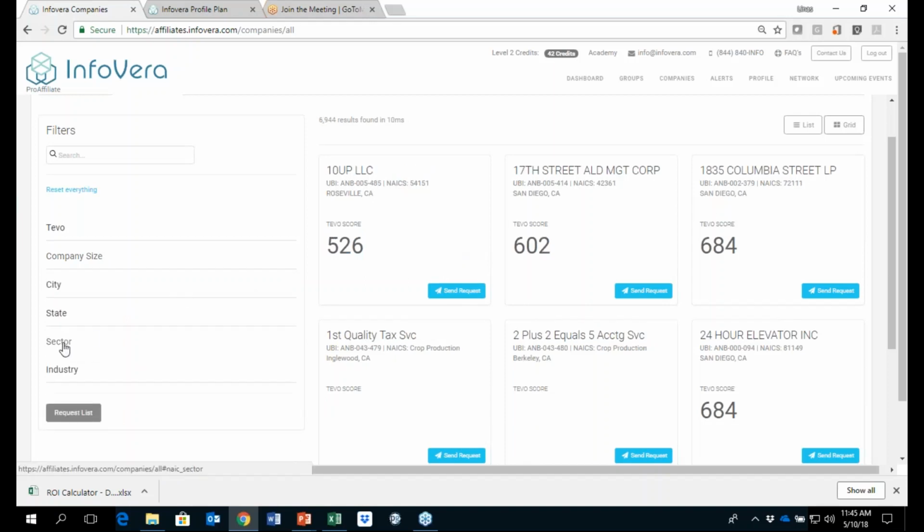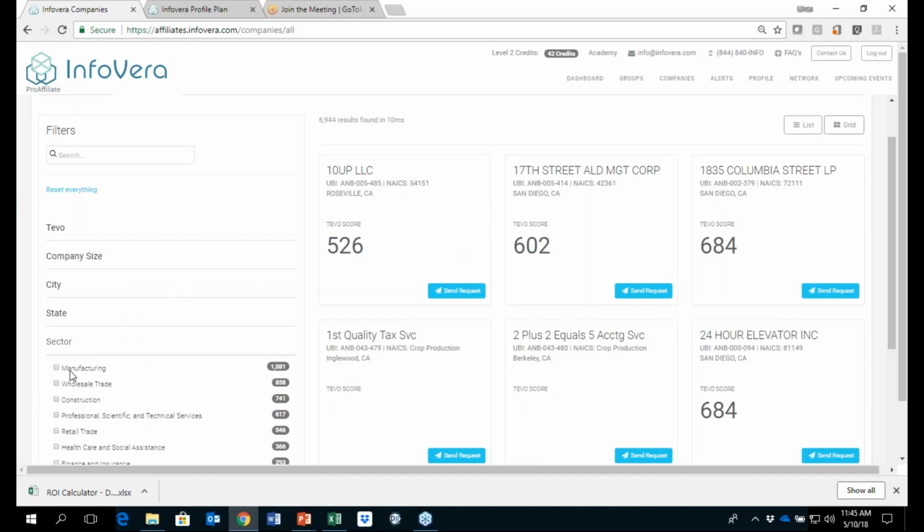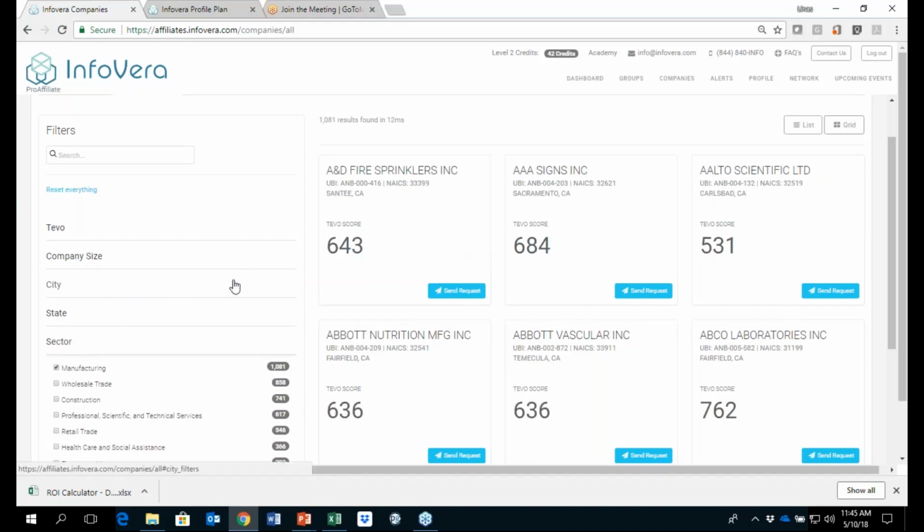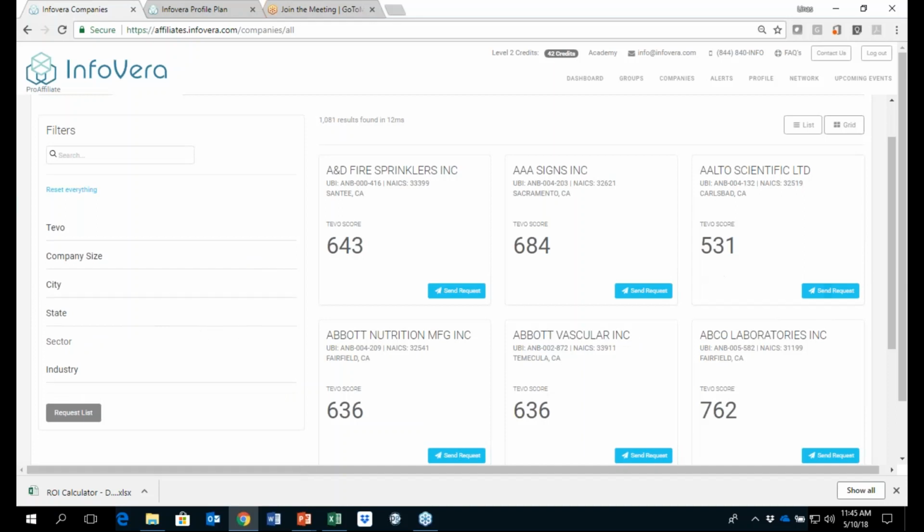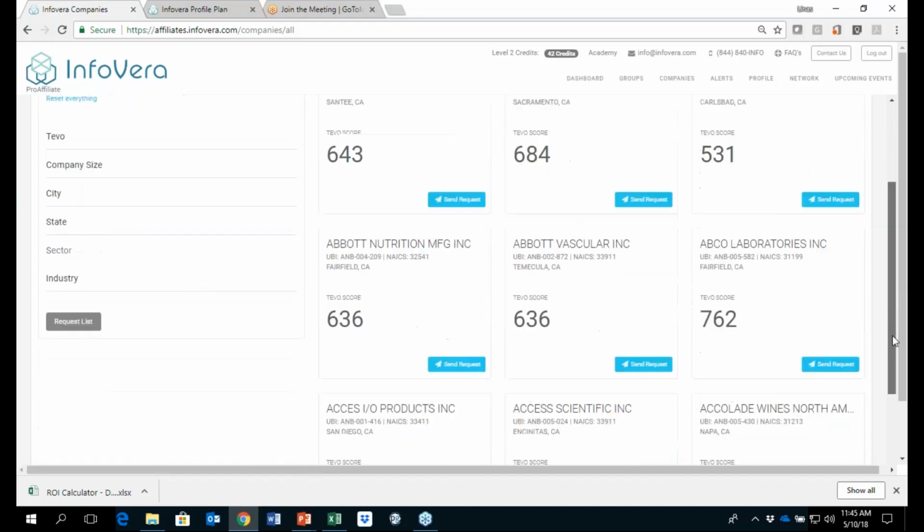So it's not just company sizes, but if you're wanting to look at sectors, you mentioned manufacturing, didn't you? Yep, absolutely. Well, in California alone, there's 1,000 companies with more than $5 million worth of revenue that are just in manufacturing. So nice. I really just wanted to show you the database,